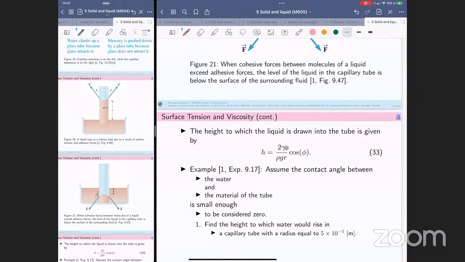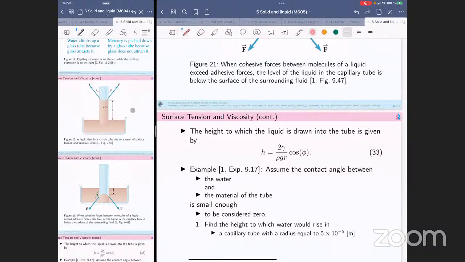Any liquid that has a high amount of surface tension, we would be easily able to notice this effect. Okay, and it depends on the cosine of the angle too. Okay, if the angle is very small, we would be able to observe